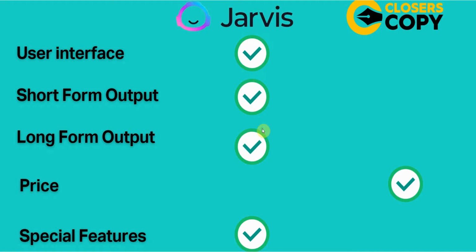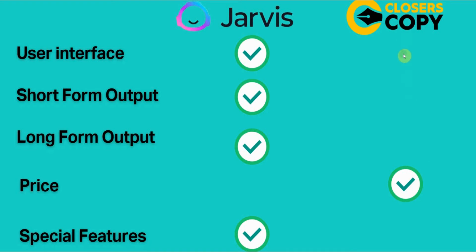If you're okay with a little bit reduced quality in output, but you make up for it in numbers, right? Because you can publish as many as you want, whenever you want, however you want, without any restrictions, then ClosersCopy